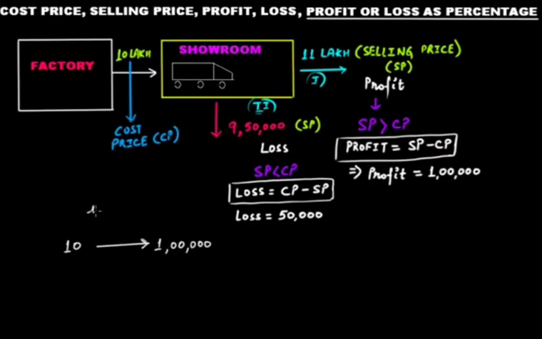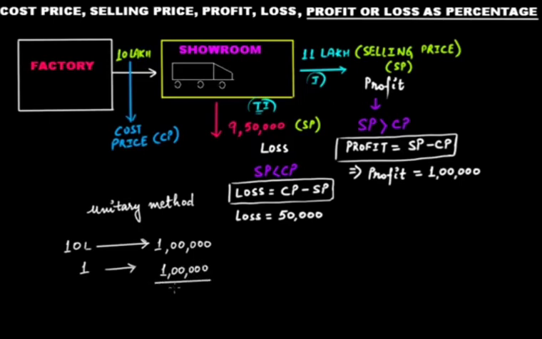Here I am using the unitary method to explain. So when your cost price is 10 lakh, you are making a profit of 1 lakh, and at 1, this will be 1 lakh